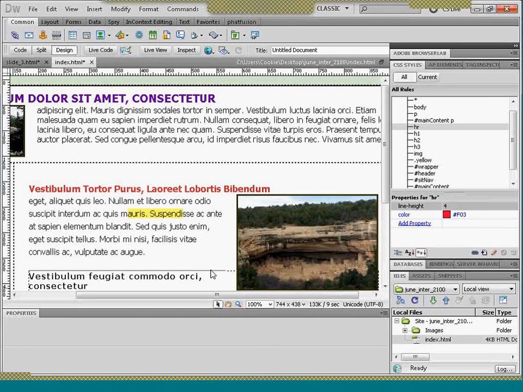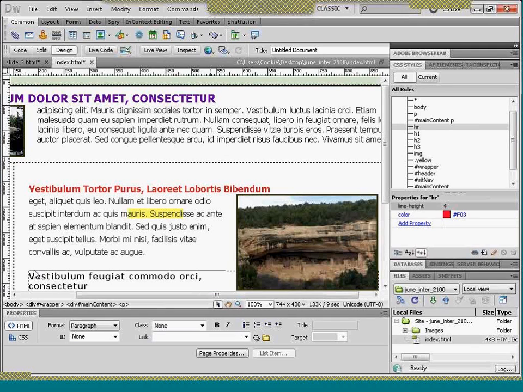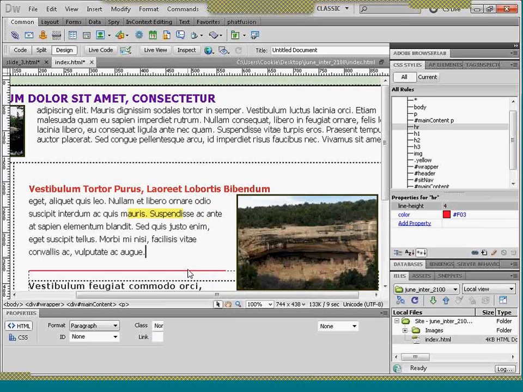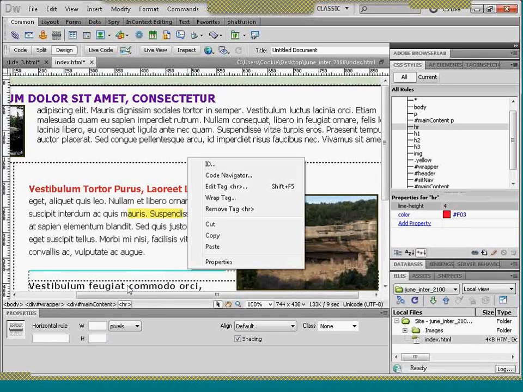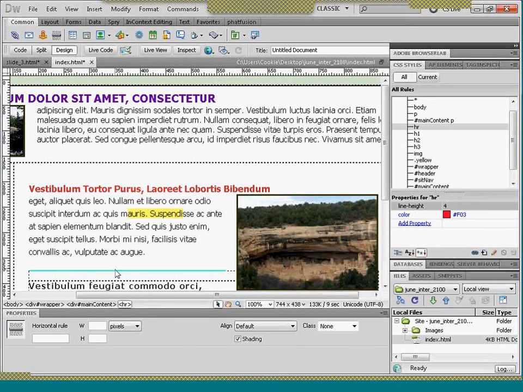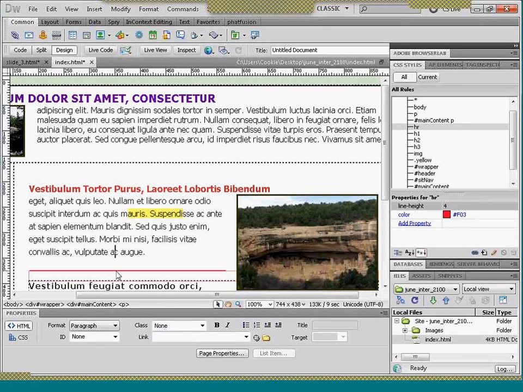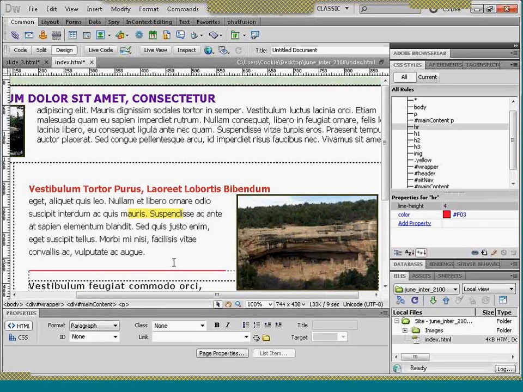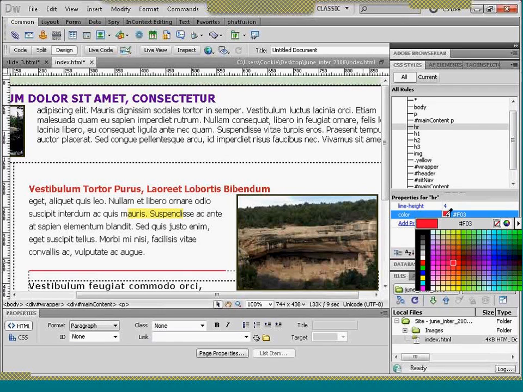Let's see if it lets us do that. There we go. Couldn't see it until I moved that away. Okay, so you see now that I have my horizontal rule. When I do keep clicking on my right side, sorry, when I do click onto it, it turns, let me get back in there, it turns blue. It's not actually blue. It just means that it's highlighted right now, and it's the opposite color of what it actually is. I see here in my properties, I can come into the properties and change it from here